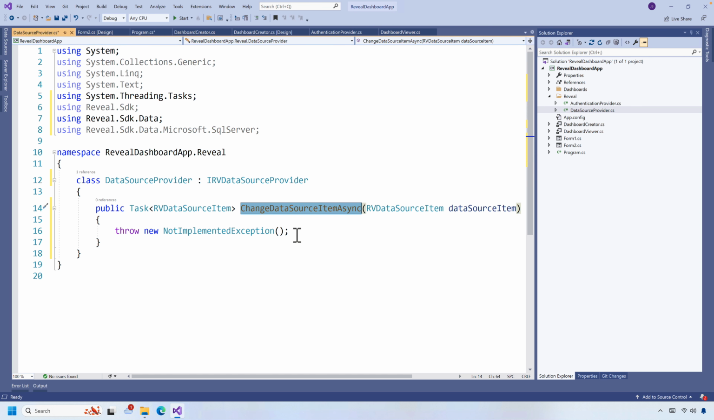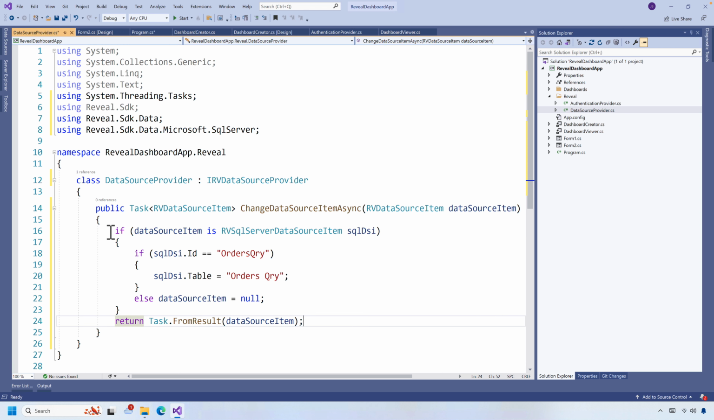So in the data source provider, we will remove our not implemented exception, and I'm going to add a few lines of code similar to what we did in the authentication provider. We're checking to see the type that's coming in. In this case, I want to check that this is a request for an RVSQLServerDataSourceItem. And then what am I going to do? Well, if the ID coming in is orders query, then I want to set the table that I'm accessing to